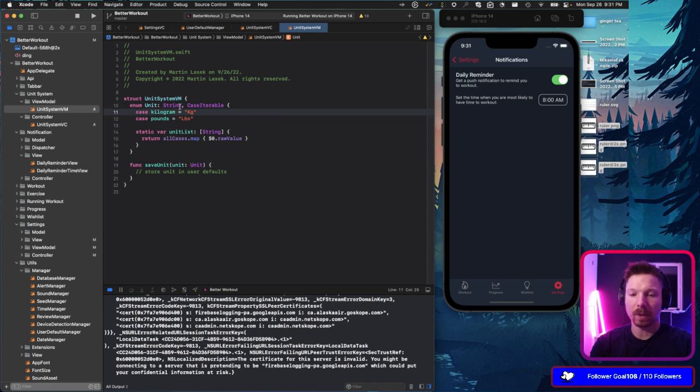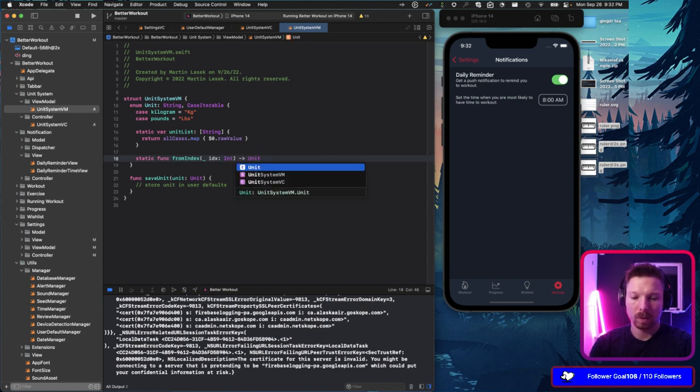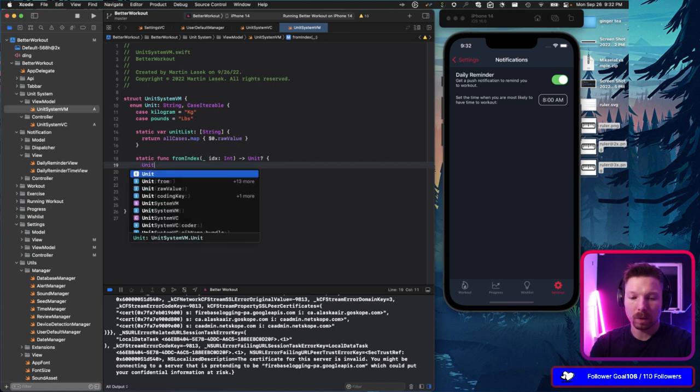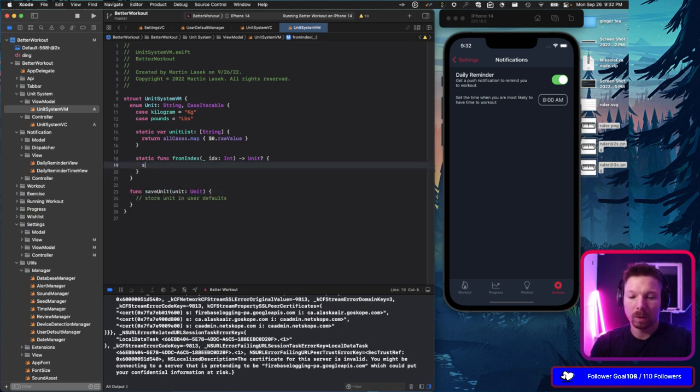I guess you probably can't conform to both string and int. It's either or. And then we could say static func from index, with an index of type int. It's going to return unit, and we can make it an optional, because if we say unit instantiated by raw value, so we can say